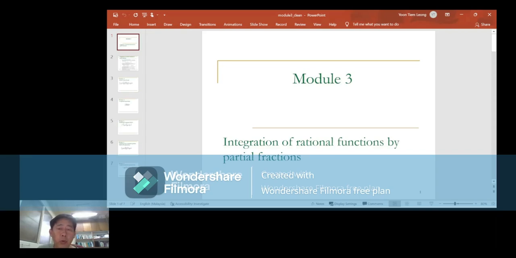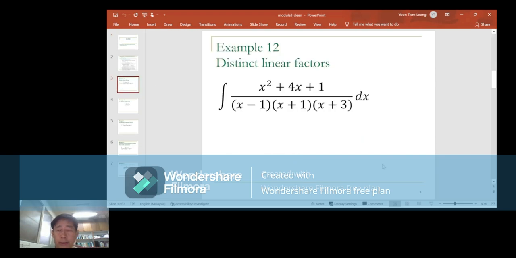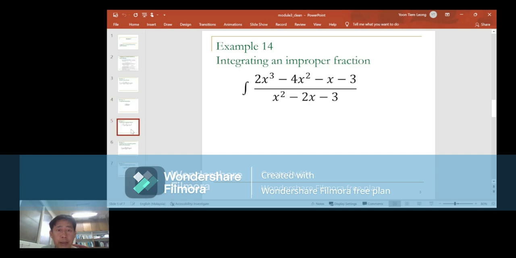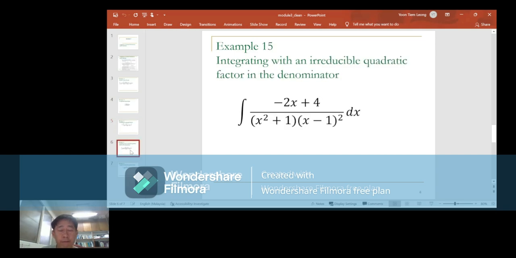In Module 3, we are going to discuss a method of integration known as partial fraction. The partial fraction method is specifically suitable for integrating rational functions such as the one that you see in example 12, example 13, example 14, and example 15, where the function to be integrated is made up of the ratio